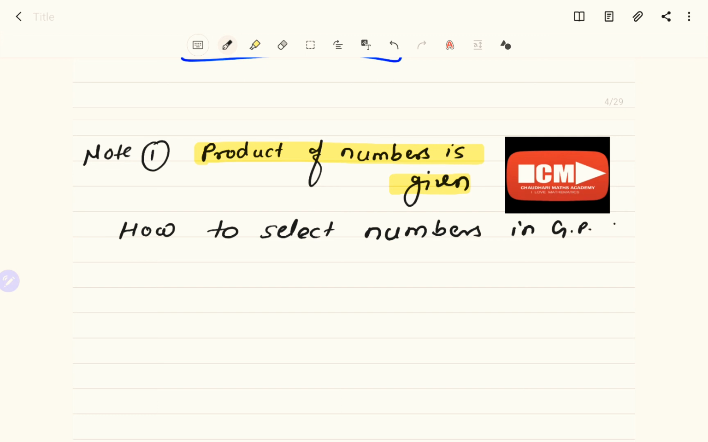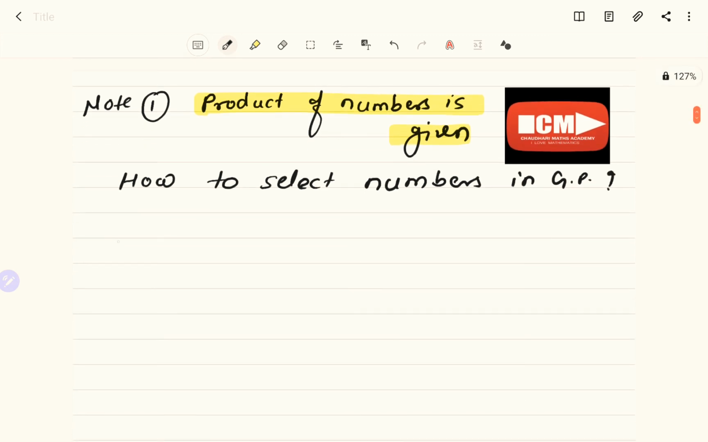How to select numbers in GP. So let's say it's a question of 3 numbers in GP. So let's select 3 numbers in geometric progression. If the 3 numbers are in geometric progression and the product of those 3 numbers is given, on the basis